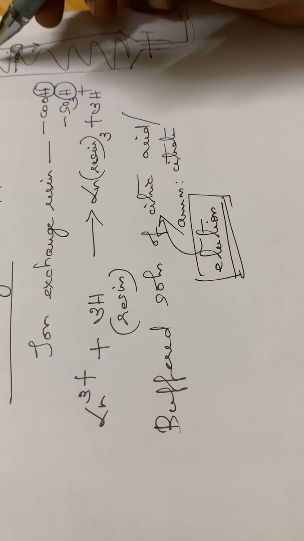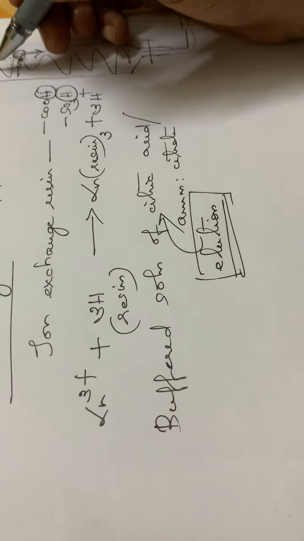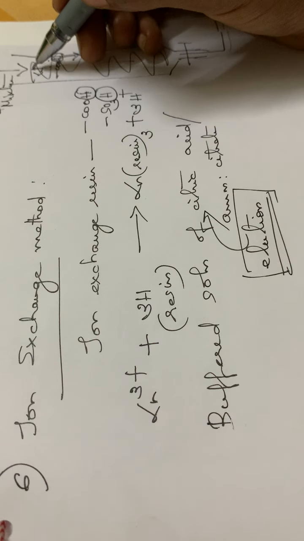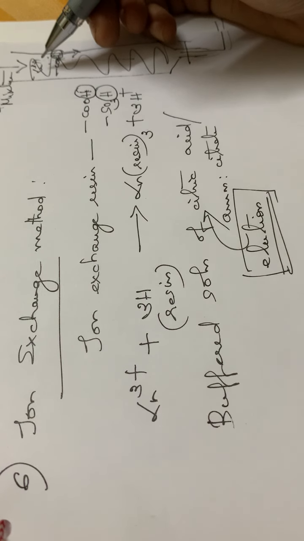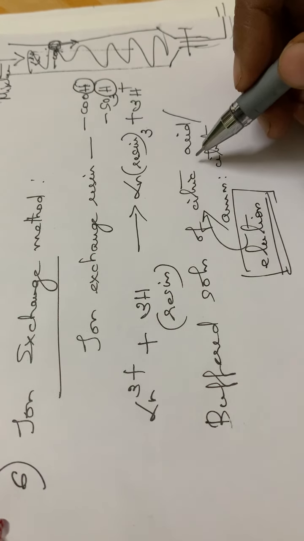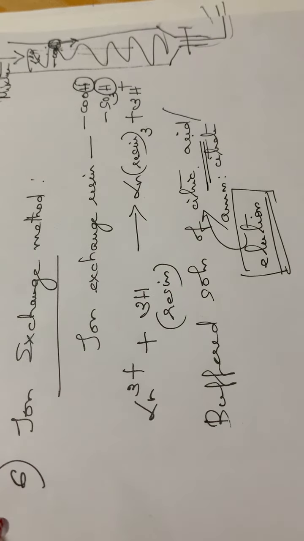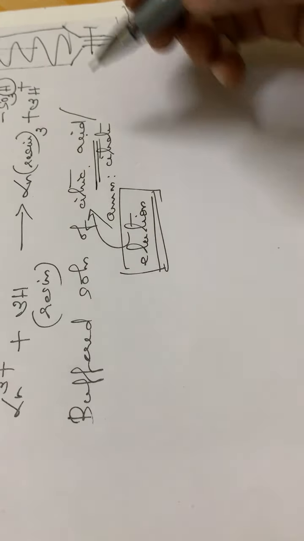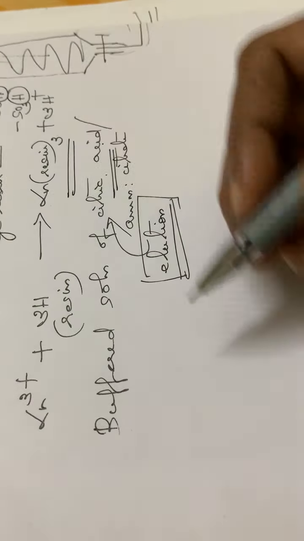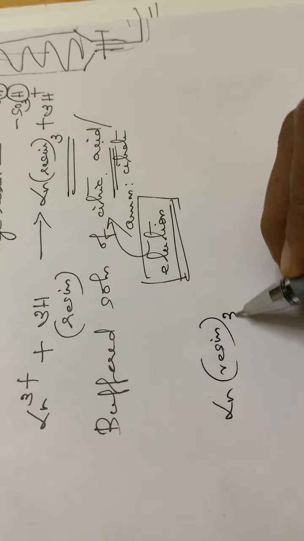So here, as the citrate solution runs down, the Ln3+ ions attached in this resin will be forming complexes with the citrate, and then they are eluted from the resin. Already in the column, the lanthanide resin thrice will be there.